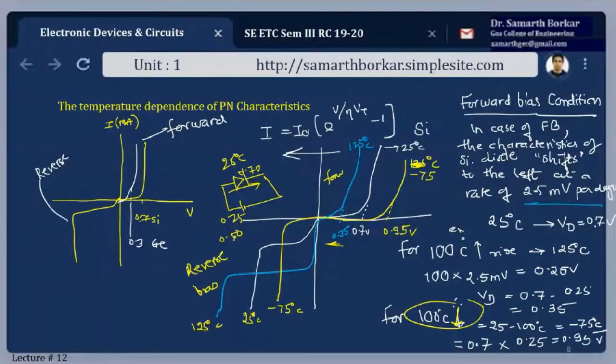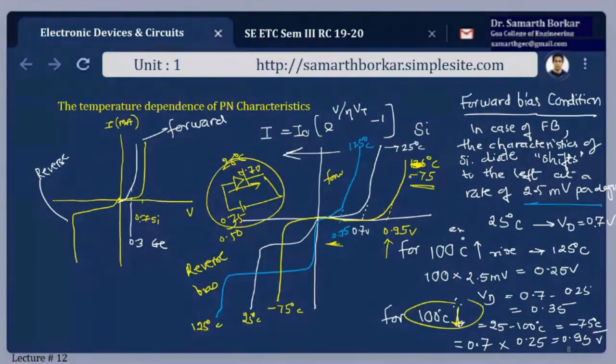Fine. So if I want to make this diode conduct at say 0.35 volt, then I have to operate it at a higher temperature. Just for your understanding, the more the temperature, the less will be the barrier potential. So it can easily overcome it at 0.35 volts, and it will start conducting at 0.35 volt. A silicon diode operating at minus 75 degrees Celsius will not start conducting until you apply a voltage of 0.95 across its terminals. This is what we understand from this plot.